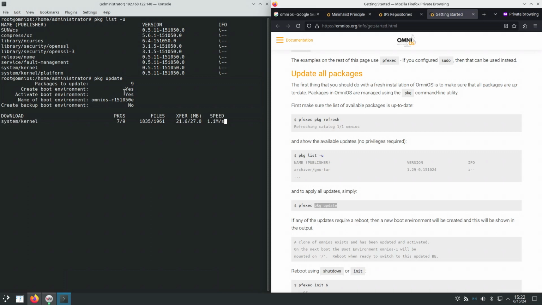Vault management, kernel, kernel platform,